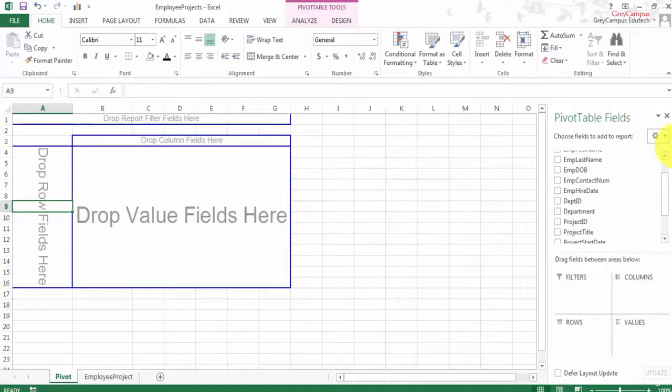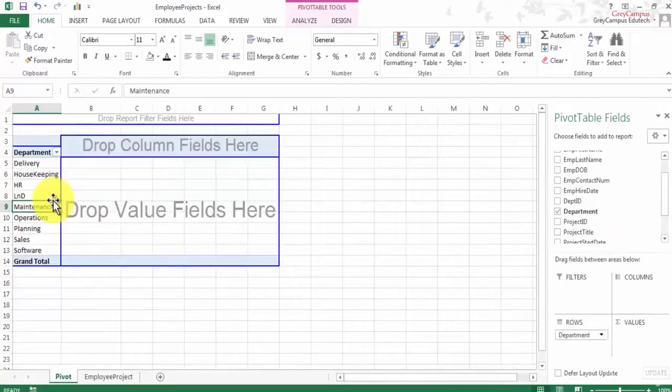So you might ask what is the benefit? I was comfortable dragging and dropping it here. The comfort level is that whenever you are learning, it is always better if you get a visual impact of any kind of drag and drop. So let's say I simply take it and drop it in this row part.